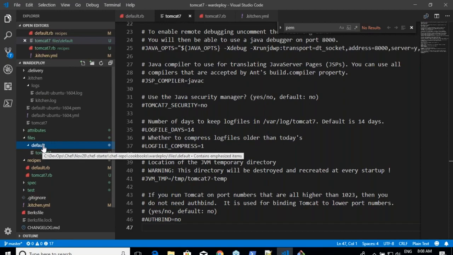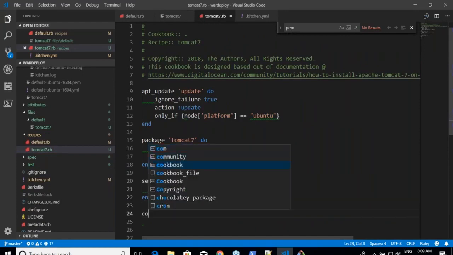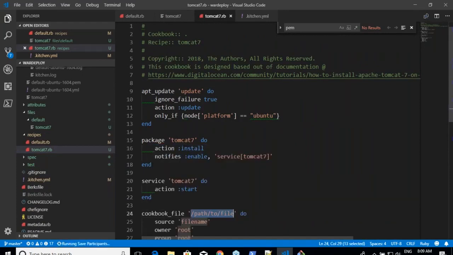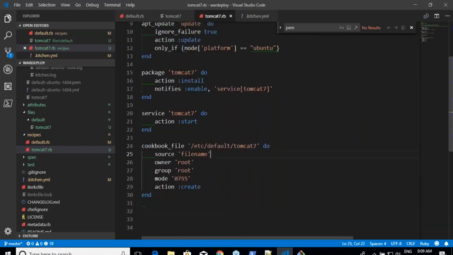So I'll be writing something like cookbook_file, and the path is etc default Tomcat 7. And what is my source file's name? Tomcat 7. I am not interested in all of this other stuff.